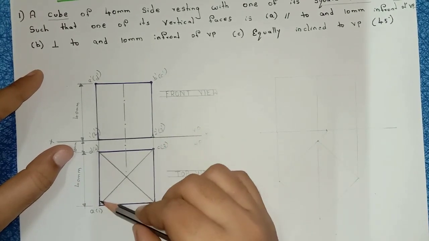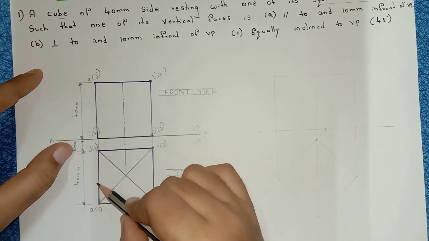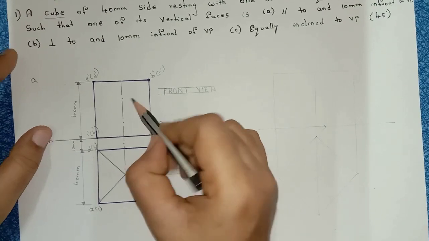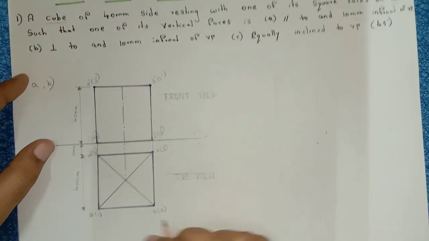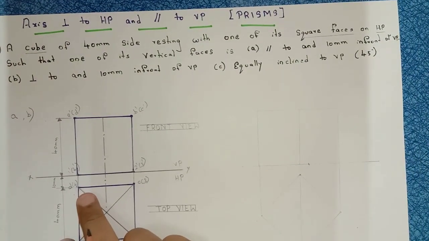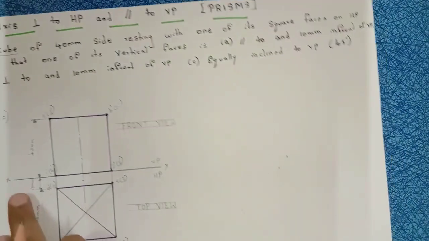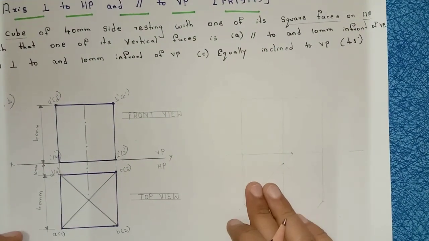So I am considering this face. Any one of the faces I can consider here. Right? So now this face A to D, this face is perpendicular to VP. So here A bit, B bit is same. See, in the starting I mentioned that they didn't mention distances, but they mentioned the distances in A bit and B bit. So first draw the reference line, leave 10 mm gap, construct the group and project that one.